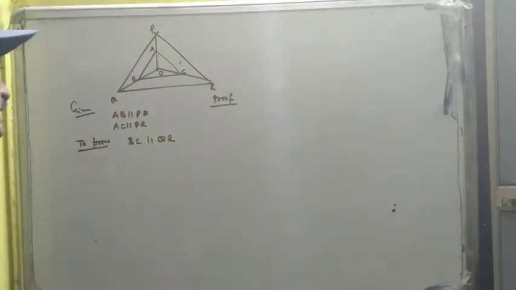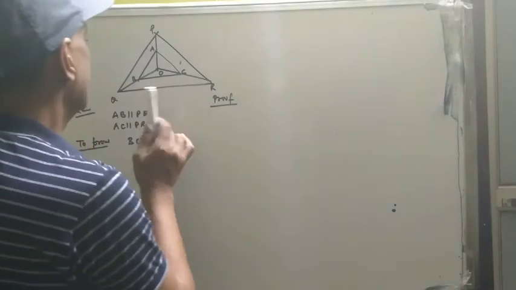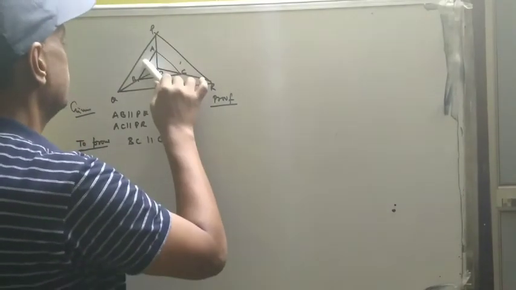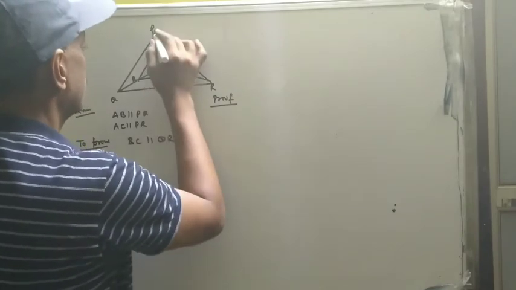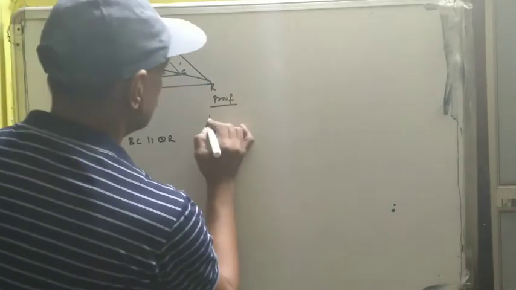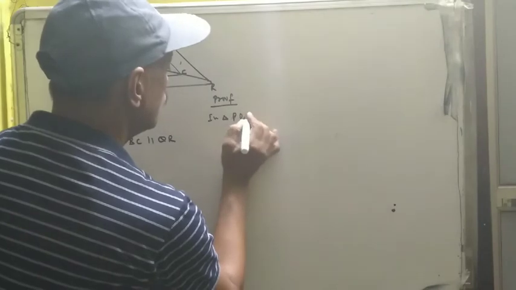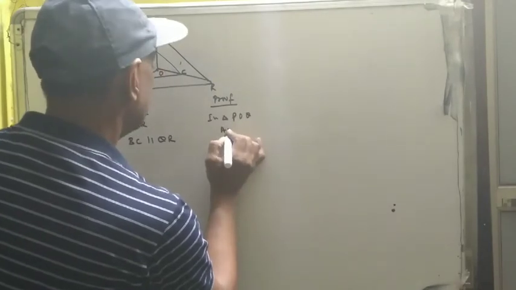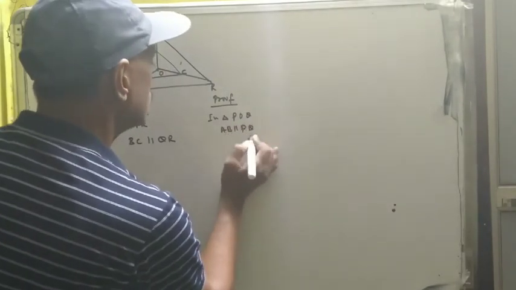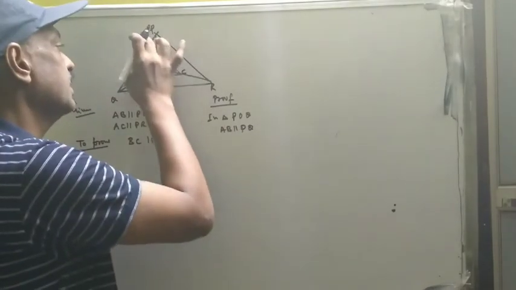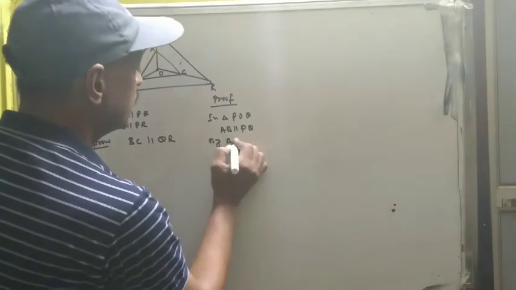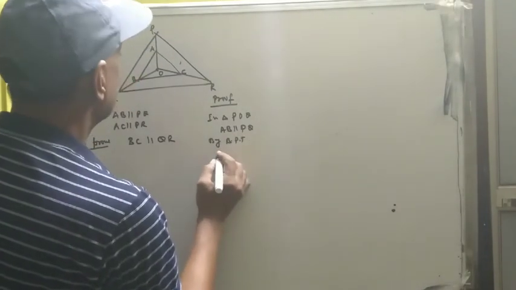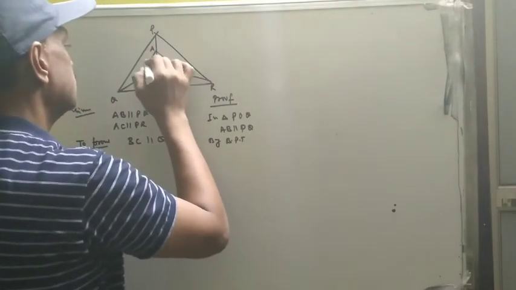Whatever things are given, we have to use: AB is parallel to PQ. This is AB, this is PQ. So AB and PQ, it means that we are in triangle POQ. In triangle POQ, it is given that AB is parallel to PQ, therefore by BPT, as these sides are parallel,